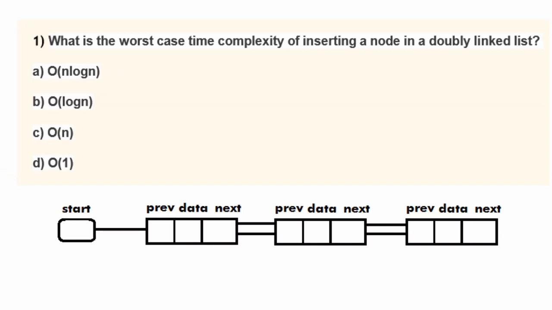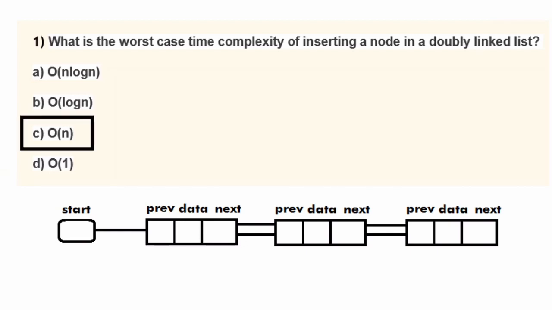So here I am assuming that you are familiar with the concepts of time complexity and doubly linked list. For those who do not know, a doubly linked list is a collection of nodes having three parts. One part is the data part and the other two are pointers. Now assuming we have n nodes in this doubly linked list, for inserting a node we will have to traverse each node. Because of this, the time complexity for inserting a node in a doubly linked list is O of n. So our answer is O of n.